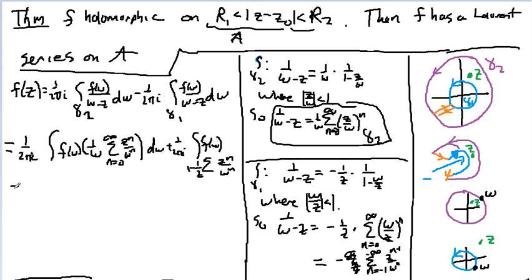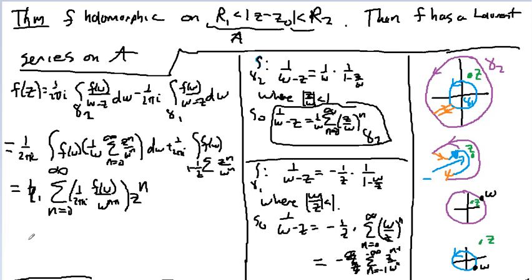And if you do the algebra correctly, which I'm not guaranteeing that I have been doing, I can use a theorem, by the way, to pull the sums outside. This is equal to the sum of 1 over 2 pi i integral of f of w over w to the n plus 1 times z to the n. That's a power series, plus the sum from n equals negative 1 to negative infinity of 1 over 2 pi i integral